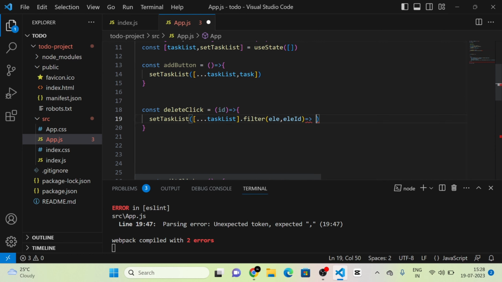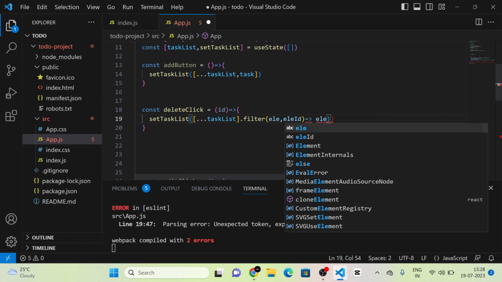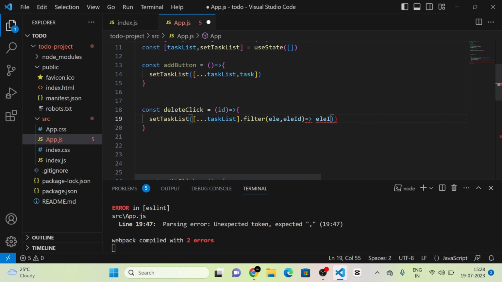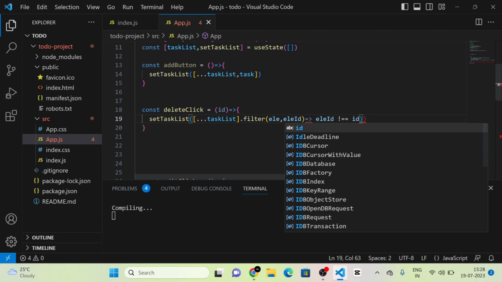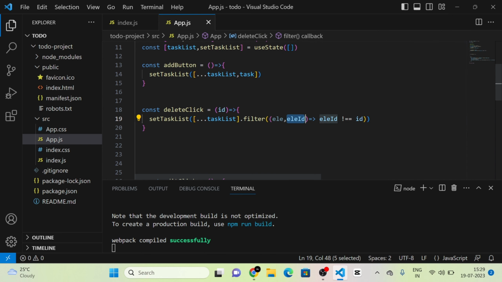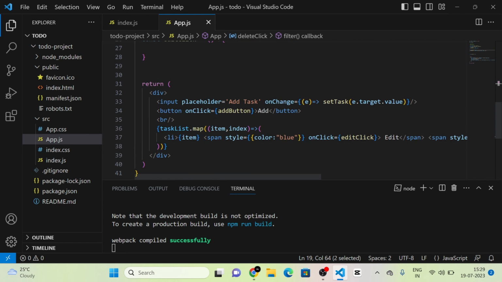So now we can compare the ID that we have got from when we are calling this delete click, and also the ID from the filter method. So here we have taken the element ID as a second argument of this filter method, and we have compared the second argument, that is ID, with this ID. That means the ID that we have got from this